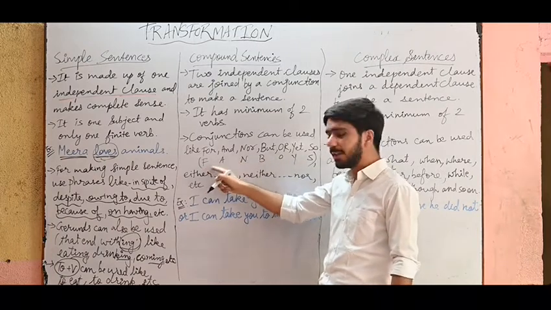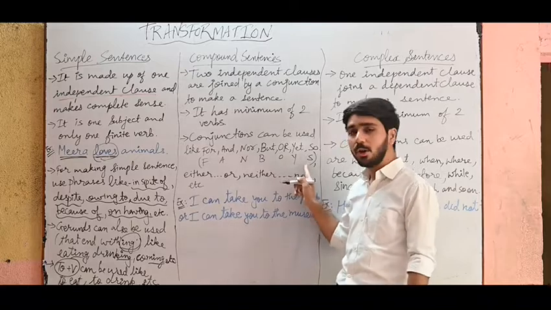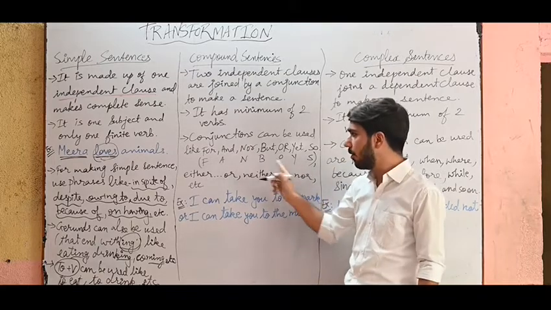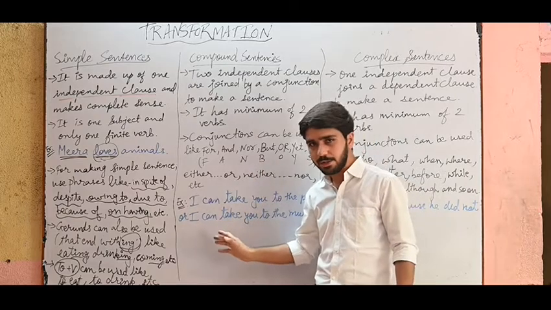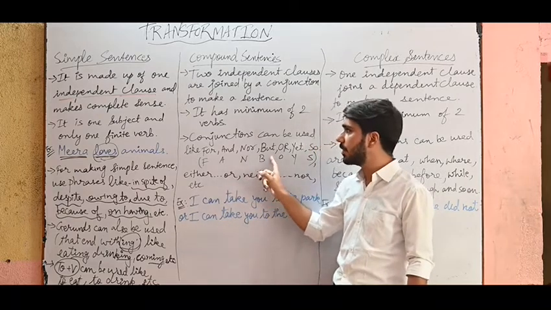So the short form is FANBOYS. This is a very popular short form. You all might already know this short form. These seven conjunctions are popular coordinating conjunctions, and you can use these coordinating conjunctions for making a